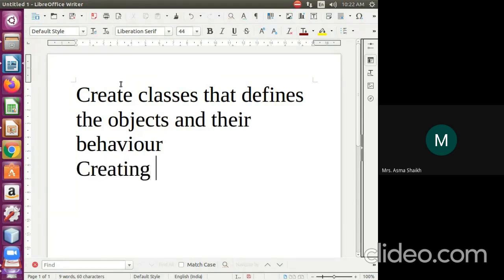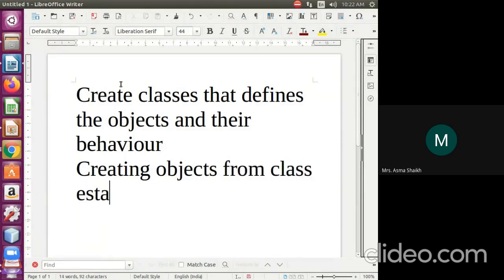Then creating an object from the class. And last, establishing the communication.